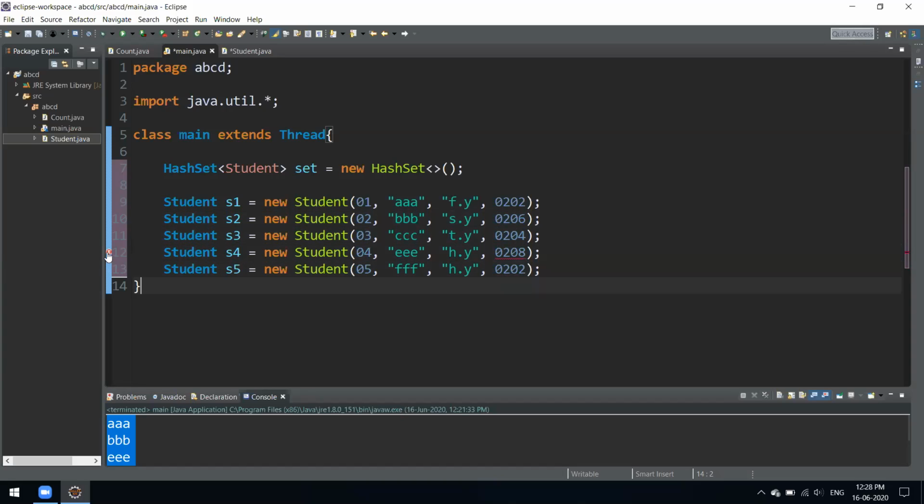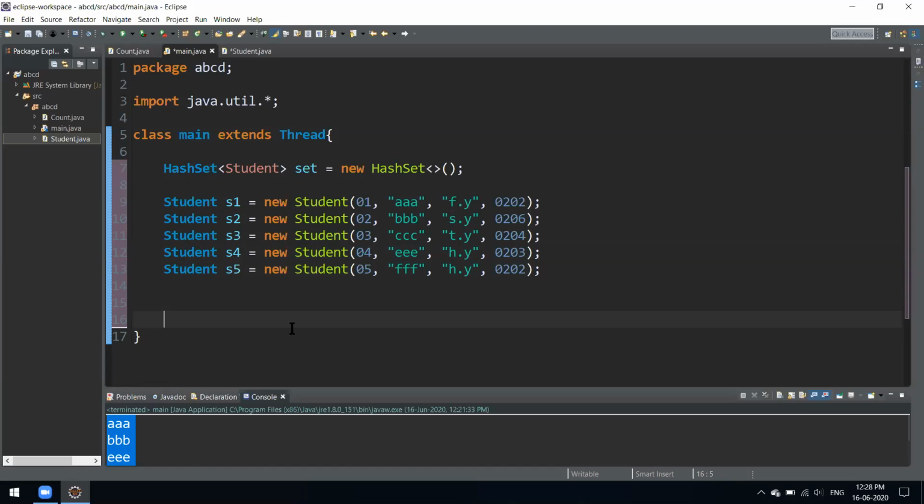It's just throwing an error over here. Let's see what error it is. Oh, it is some exceptional case. Or yeah, three we can have. Okay, so yeah, now we created five different objects of that class. On that student class we created its five objects. Let's now add these.